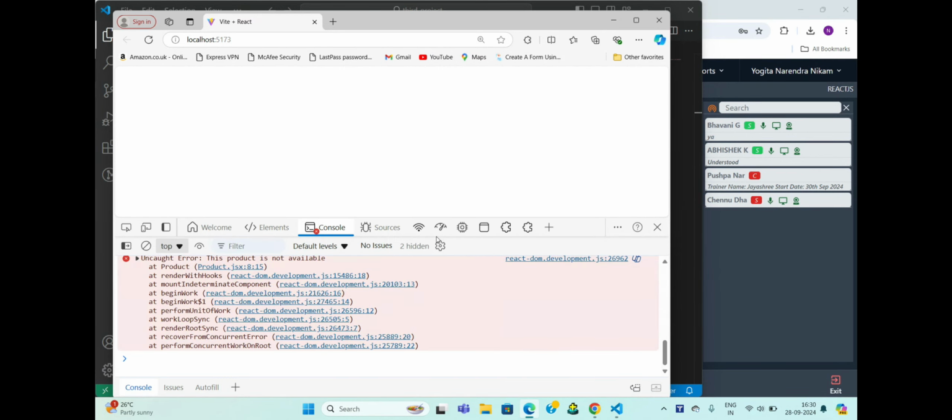Like Bhavani, you faced it just before some time. You made one error, but because of that, your entire application went blank. So then what to do? In such case, you can go with the error handling phase methods. You cannot afford such blank screen in front of your clients, in front of your users. Why? Because if you're using some website and if you simply get blank, will you have interest to wait? Will you have patience to wait?